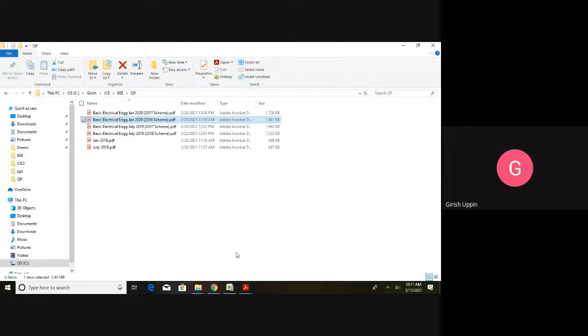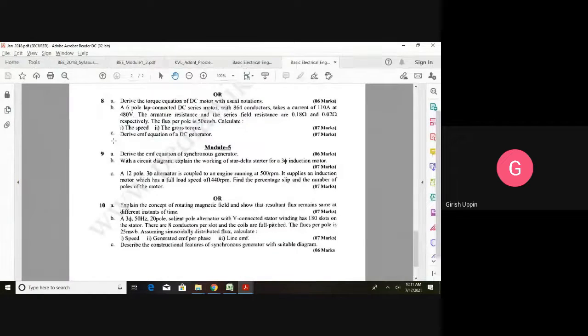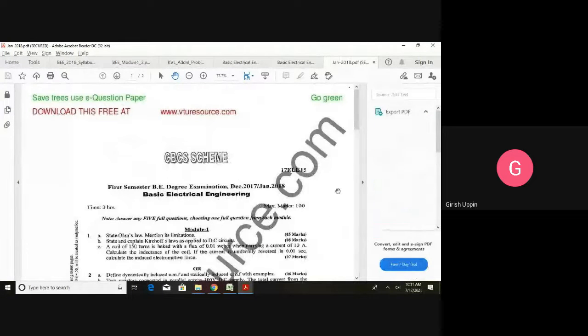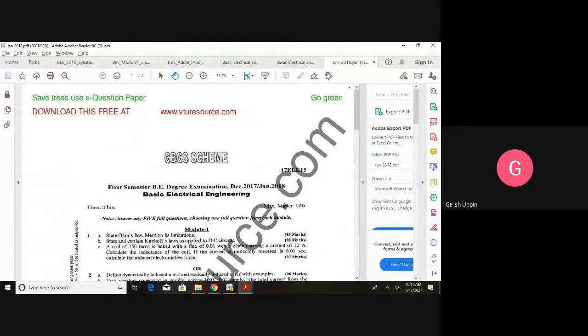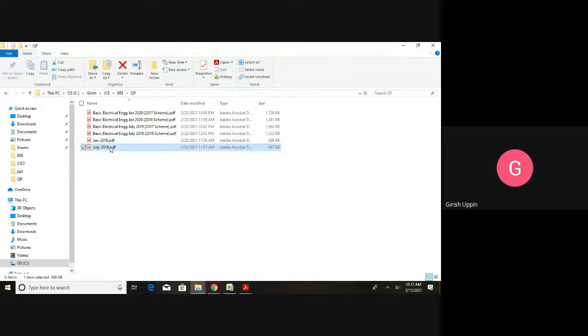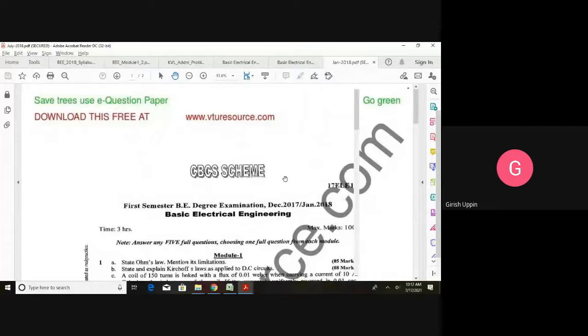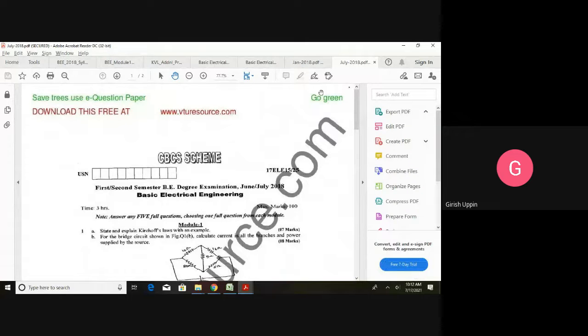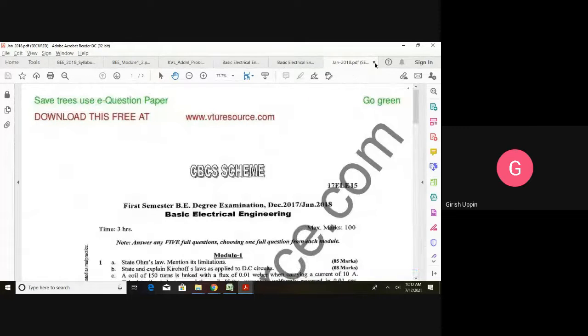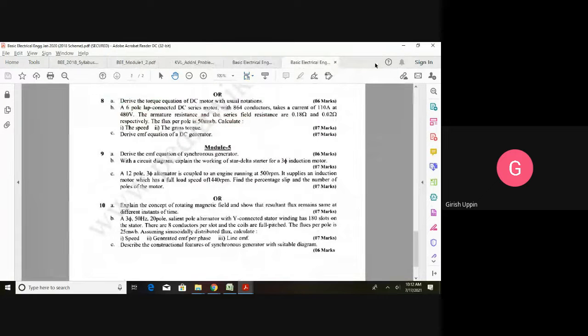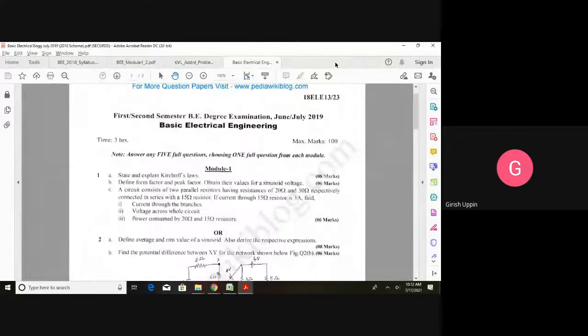So whatever the questions we talked about, you can see they are repeated in many question papers. Again, this is 17 ELE. Let us not look into that. This is also 17 years. So whatever the questions I told you, those are very, very important questions. Prepare them well, thoroughly, memorize. Definitely you will get those questions.